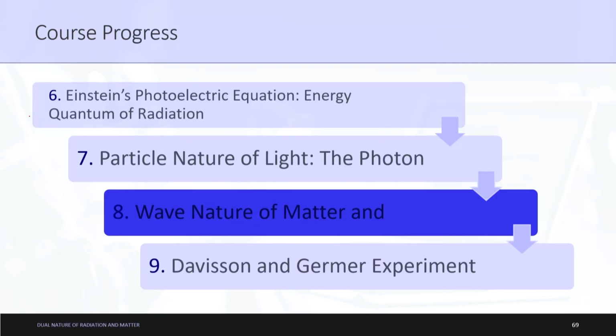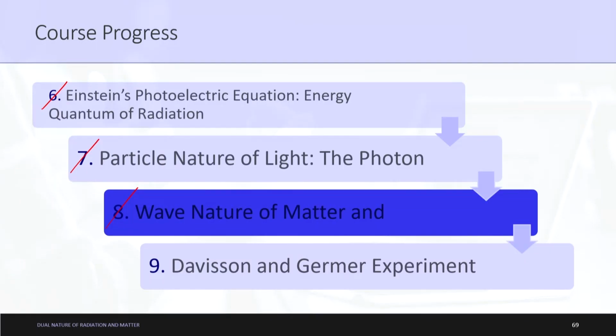Next thing is Einstein's photoelectric equation, that is kinetic energy is equal to h nu minus h nu naught. Next is about the photon, where it was concluded that the nature of radiation is dual, that is it has a particle nature and also a wave nature. Then finally, we understood the concepts of the de Broglie relation, Heisenberg's uncertainty principle, and finally it was concluded